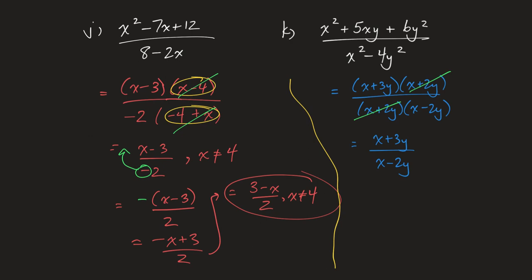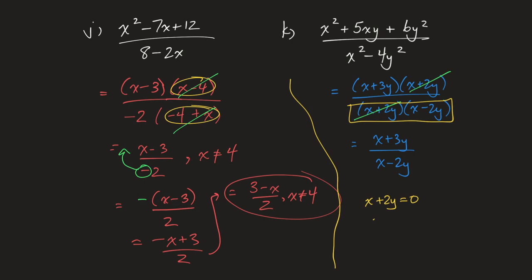Okay, where I want to talk about this problem is now how do we state restrictions? Well, I have 2 variables on the bottom. So does that mean I need restrictions for x and y? And we might start to go, oh, this is just like question C, where we had to state restrictions on both. And I'm going to tell you, no, you don't. I'm going to write down some stuff that you are not going to do. You're going to do this in your head. But I'm going to look back to my first factored form to get my restrictions. So my first factor